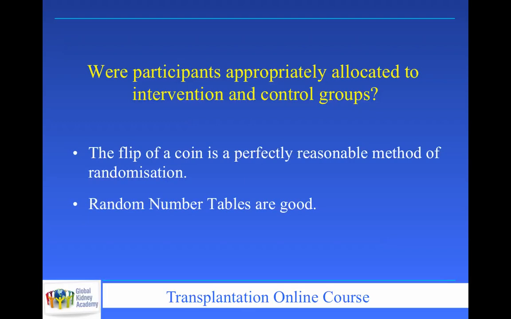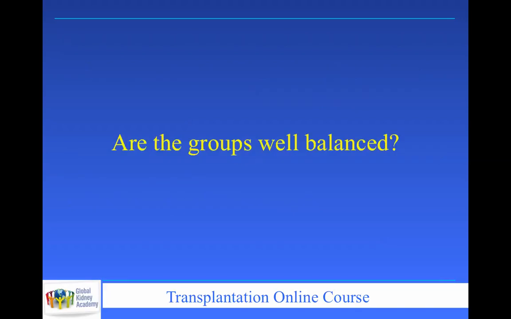And this can be done in many, many ways, increasingly computerized, and the actual publication should tell you how it has been achieved. Are the groups well balanced? Hopefully, the randomized process and the randomized allocation of patients to different experimental groups will lead to a balanced set of patients in each group so that the comparison can rely primarily on the intervention and leading to the outcome,